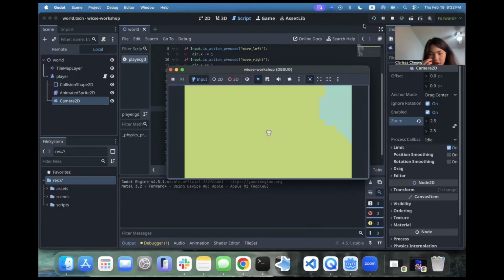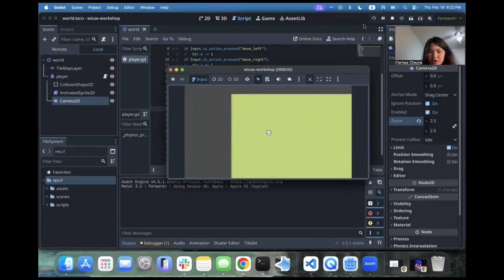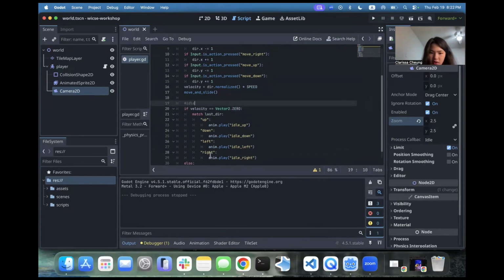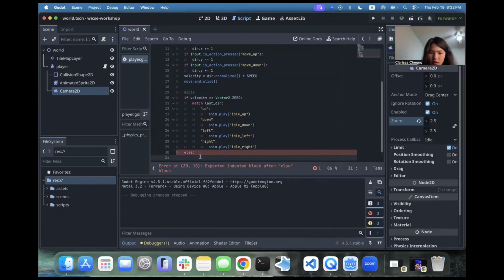So you can see here that our player character is doing its idle animation. We can move around, but as you can see, we haven't set the walking animations yet, so it's currently not facing any direction. Okay, so what we're going to do is the walking animations. So if the character is not idle, if it's walking,